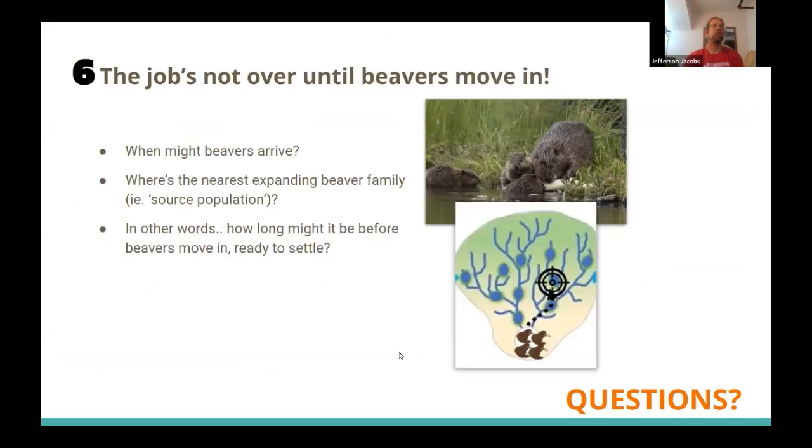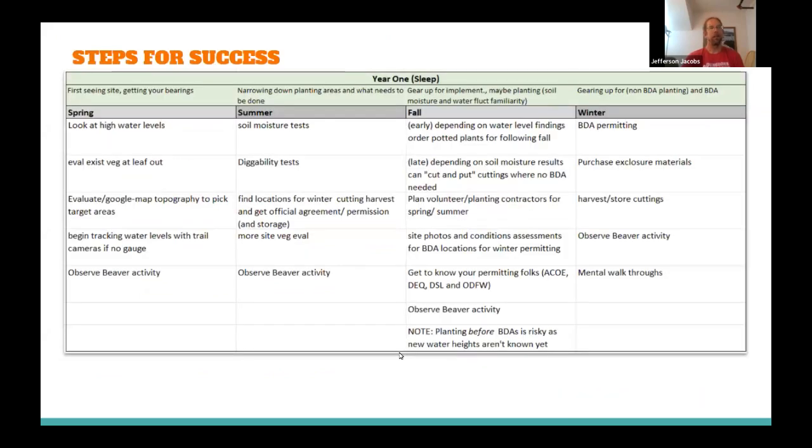And in the meantime, let me just go back to this. So this is kind of how my brain works when I'm thinking about planning out a project like this. And I don't know about you all, but I never just have one project going on at a time. I'm always trying to think of what the next projects are. And so these are all overlapping. So this isn't the only thing I'm doing during any given season. There's different levels of projects dovetailing in with each other, but seasonally, that first year,